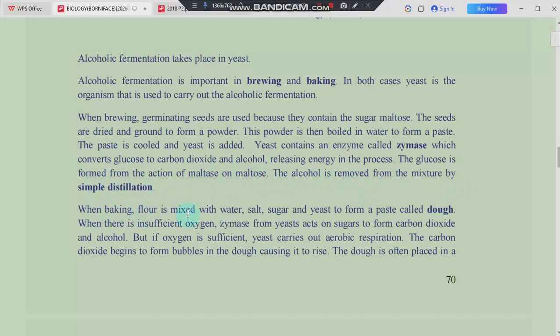So when baking, flour is mixed with water, salt, sugar, and yeast to form a paste that we call a dough. When there is insufficient oxygen, zymase from yeast acts on sugars to form carbon dioxide and an alcohol. But if oxygen is sufficient, yeast carries out aerobic